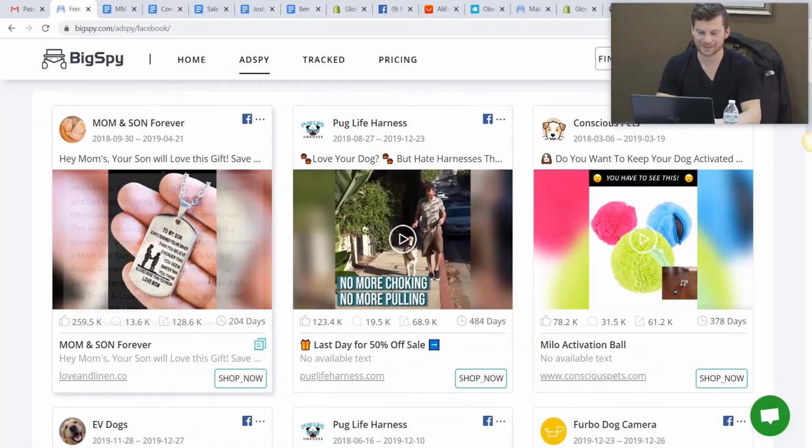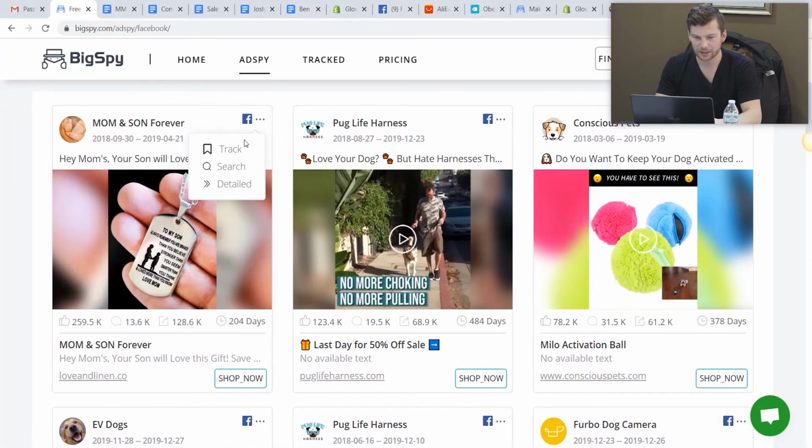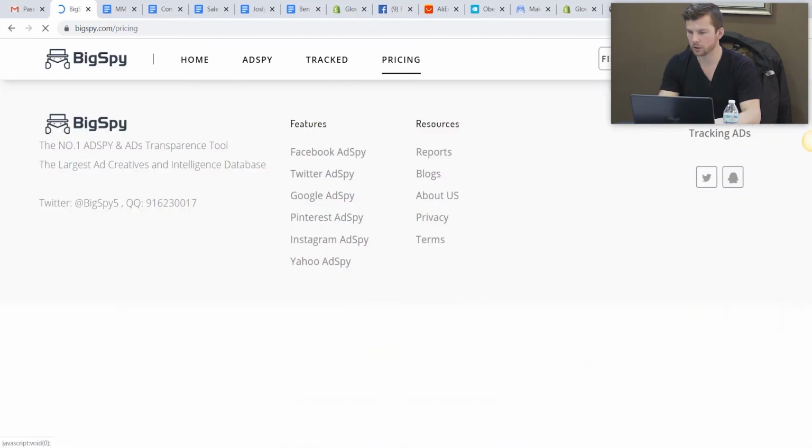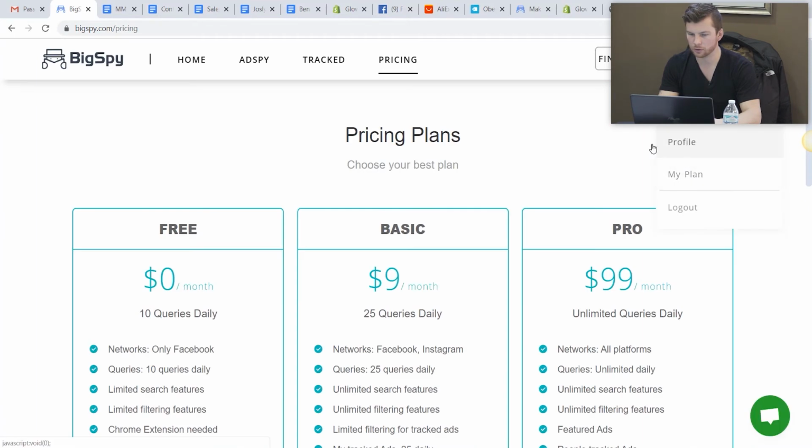Now what about the text and the way they use the text? So here's what's great: I can click this right here, add it to my track. And then what happens is I go over,